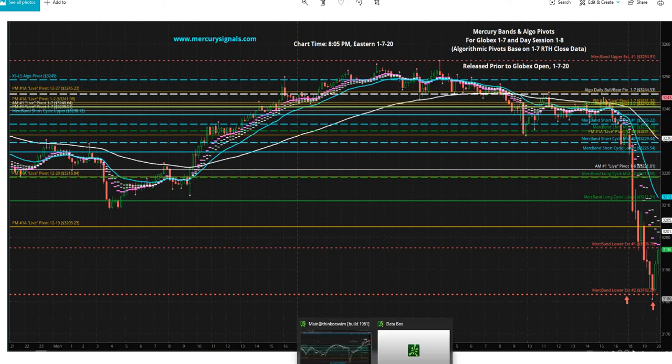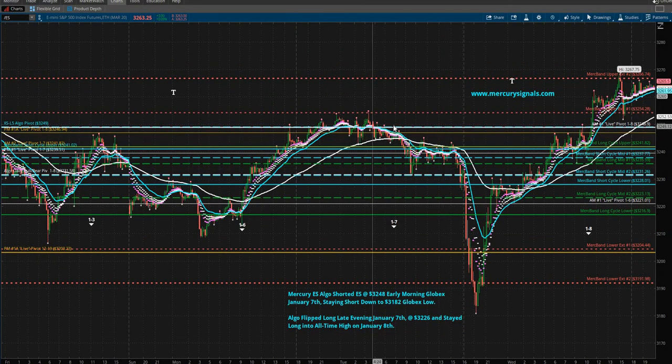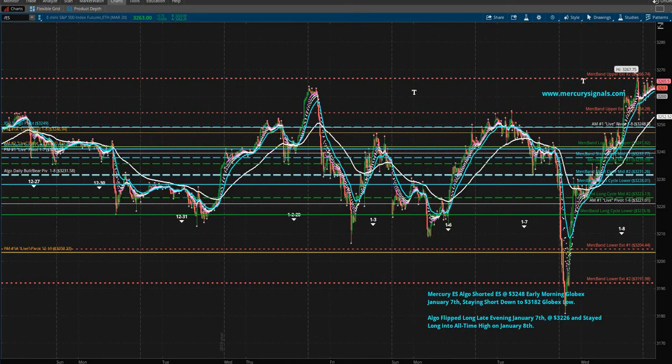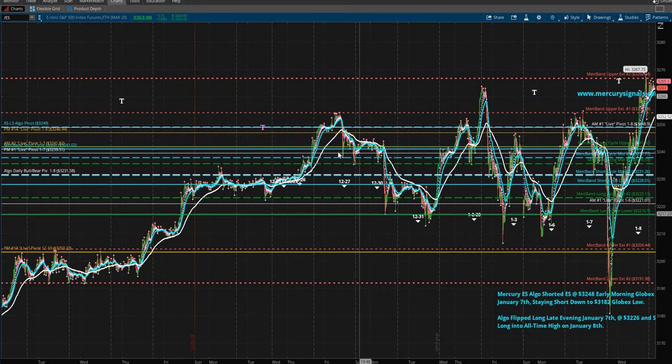Now, let me go back here, because what's interesting is the oscillator was short from bell to bell, and then around 10 o'clock it flipped, and it got long at 32.26. The trigger was right here on this price bar, but at the time, the earliest you could have got in was right at 32.26. And then you saw we made this new all-time high. Now, I'm going to pull this chart back, and we're going to go back to, there's only so far I can go back. So we're going to go back to